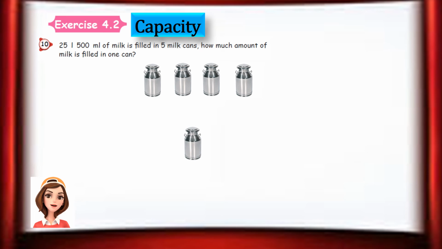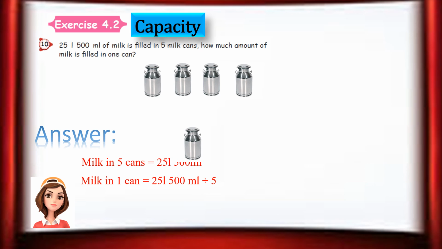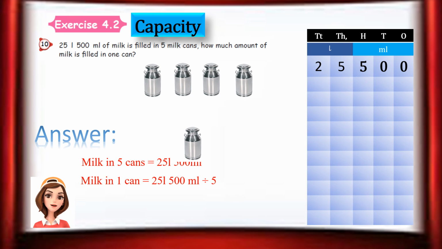So அப்ப மொத்தமா கொடுத்துட்டு single piece கேக்குறாங்க, single canல எவ்வளவு இருக்குன்னு கேக்குறாங்க, or single boxல எத்தனை இருக்கு, or single penோட rate என்னன்னு கேட்டாங்கனாலே கண்டிப்பா we should do the division only. Don't forget this. Okay, so let us start with the words. Milk in 5 cans அவங்க கொடுத்தது, then milk in 1 can அப்படின்னா we must need to divide by 5, right? Okay, let us start with the tabular column and then as usual draw the line, and then divisor is 5 now. Okay, so let us select the first digit to